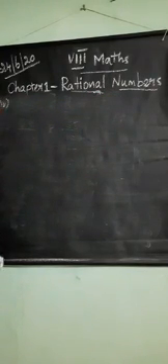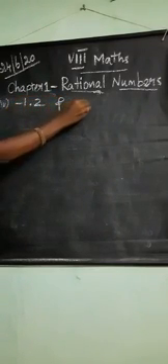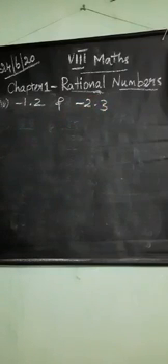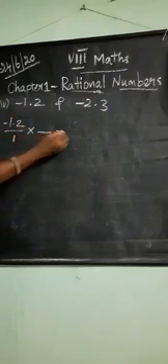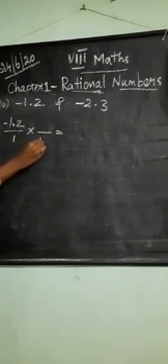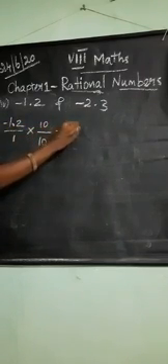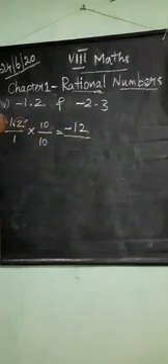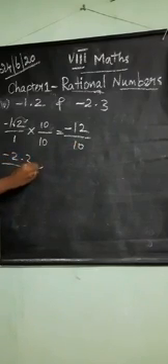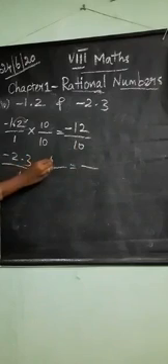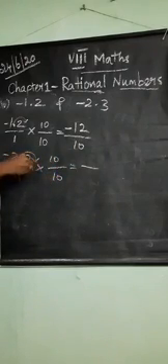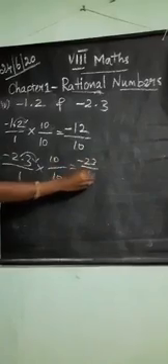Fourth question is minus 1.2 and minus 2.3. Now see, after the point how many digits? Only one digit. So minus 1.2 divided by 1 into dash equal to. The point is after one digit, so multiply with 10. So you get minus 12 by 10, the point will move this side. Like that, minus 2.3 divided by 1 into dash equal to 10 by 10. The point will move this side, so minus 23 by 10.